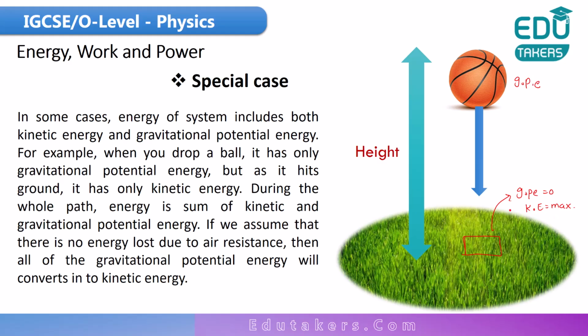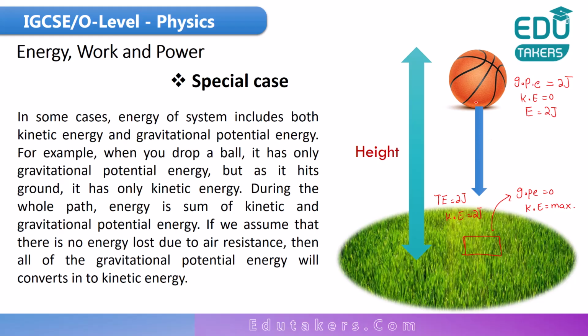You calculate the total energy at the ground level. I suppose that here the kinetic energy is equal to 2 joule, but the gravitational potential energy is 0. So the total energy is equal to 2 joule. If I look at the maximum height, the gravitational potential energy is maximum, I say that it is 2 joule. The kinetic energy at the maximum height is 0 because here the object is at rest. It is not moving. That's why the total energy is equal to 2 joule. You can see here that at the maximum height and at the ground level the total energy remains the same.